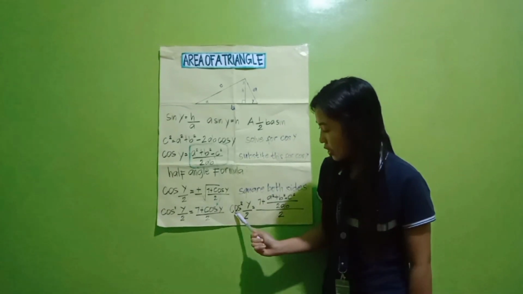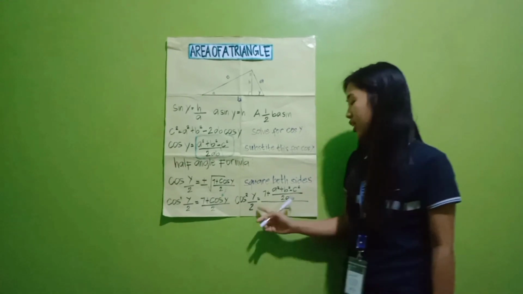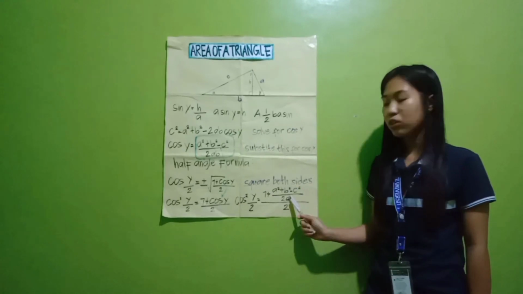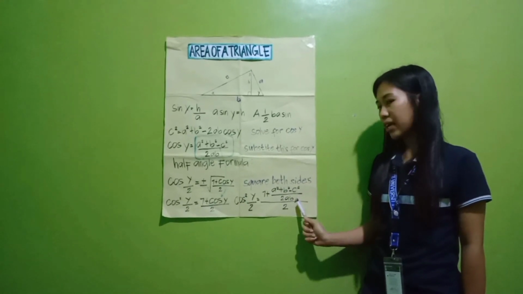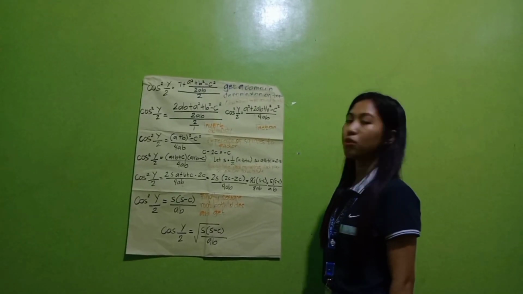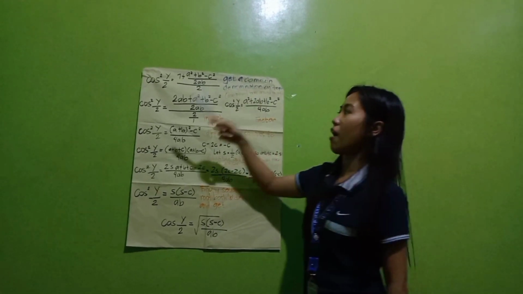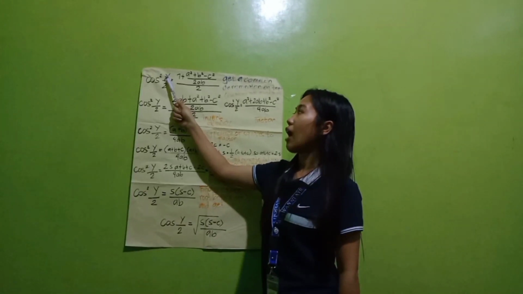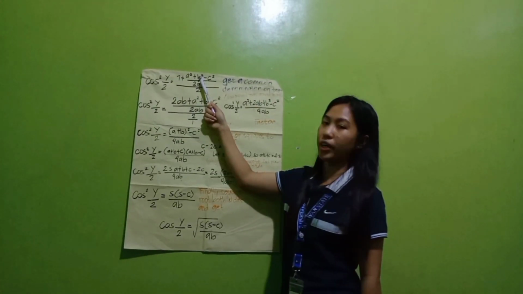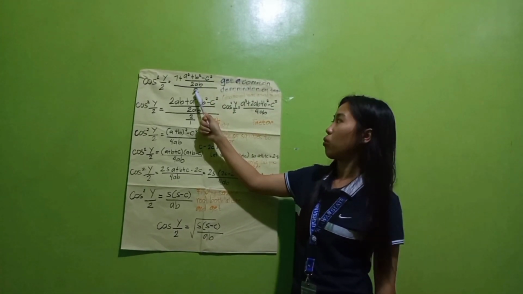Substituting, cosine squared gamma over 2 is equal to 1 plus (a squared plus b squared minus c squared over 2ab), all over 2. To get a common denominator on top: